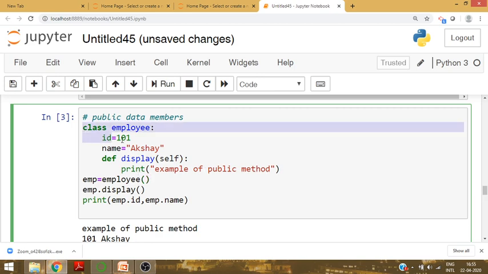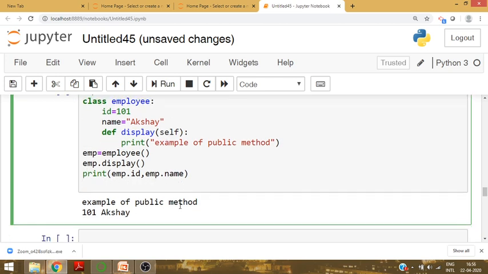Okay, after writing the class, take one object emp, object name equal to class name. Also call the function display by using the object name, emp.display. Print emp.id, emp.name.